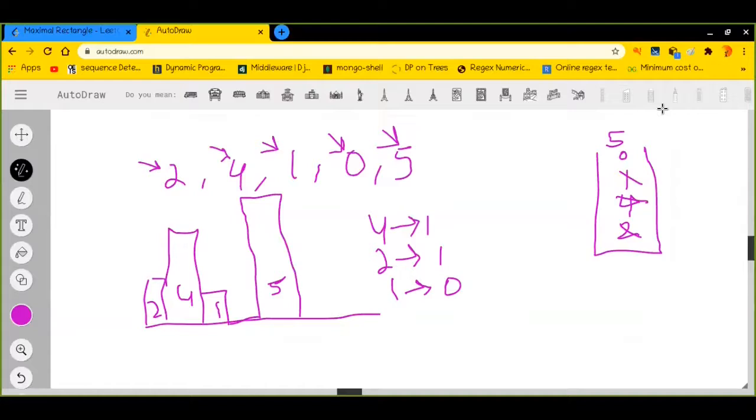5 does not have any next smaller element, right? So for that we can pop them out, and we can say that it has infinite as the